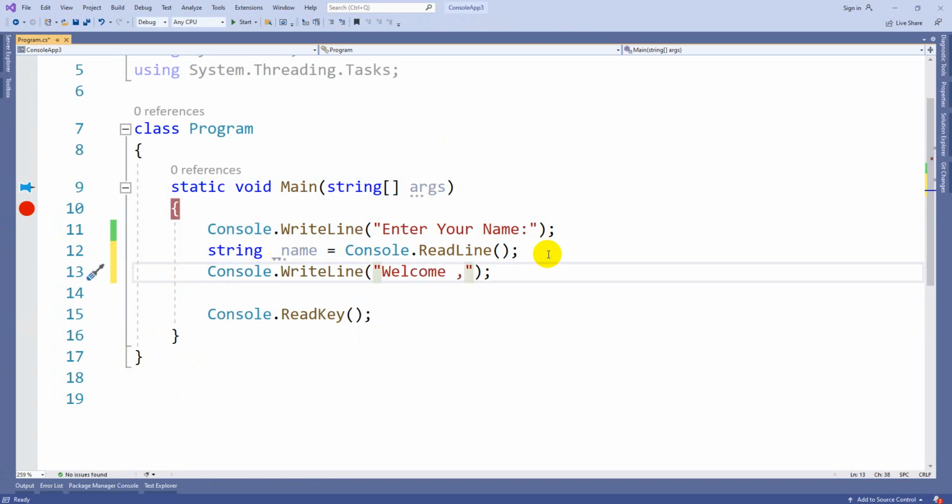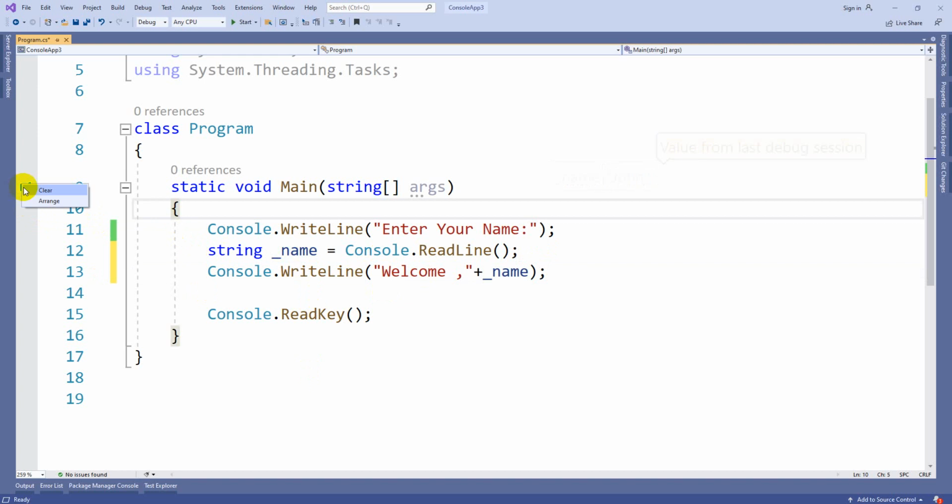So guys, whenever we use plus, that is what is called concatenation. It is going to merge a string and another string, or else a string and another data type also. When there is a combination of strings, you can use a plus for joining other values also. So now if you see, welcome is one string and _name contains some name entered by the user. So these two I am concatenating. Concatenation is nothing but merging or joining two or more string values.